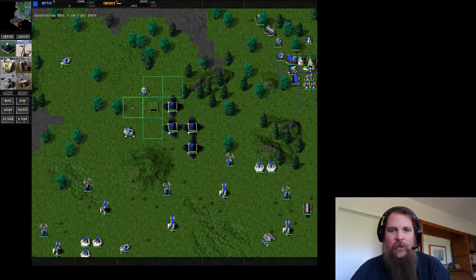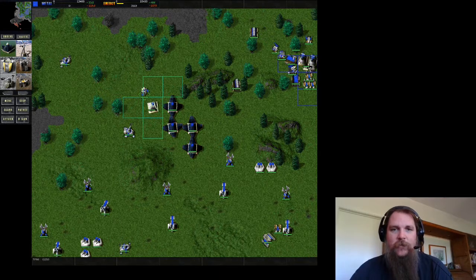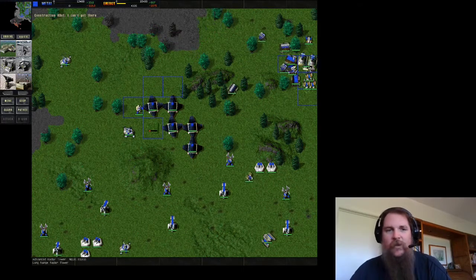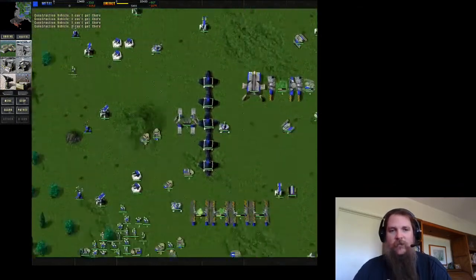But we will get a huge amount of support on producing that fusion plant. That should make it a lot faster. I think I might also have fun here. I think I will build some Berthas. I'm gonna build...